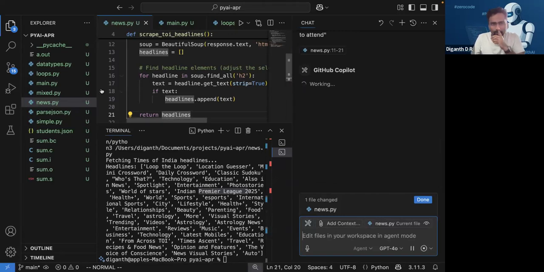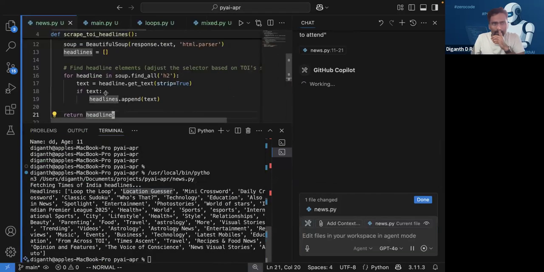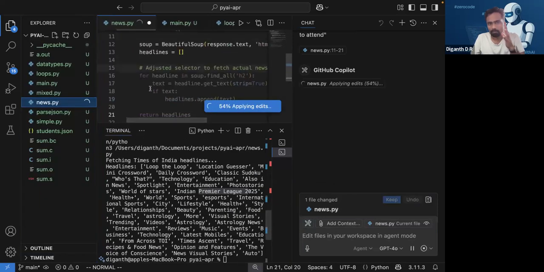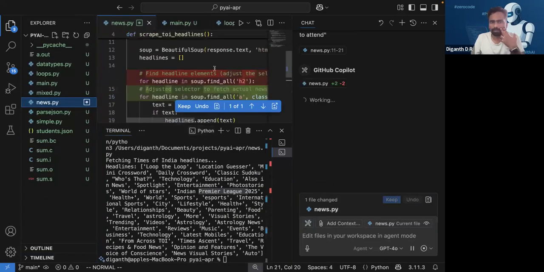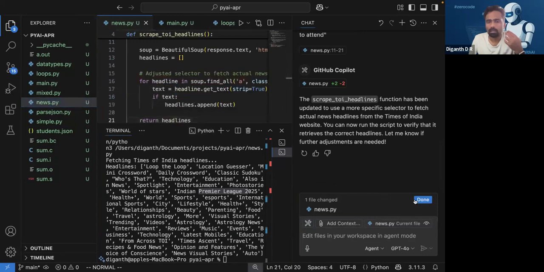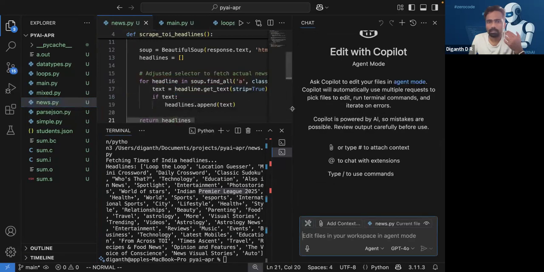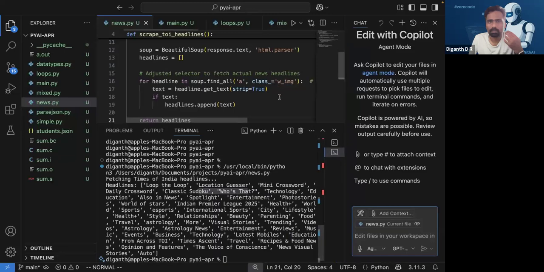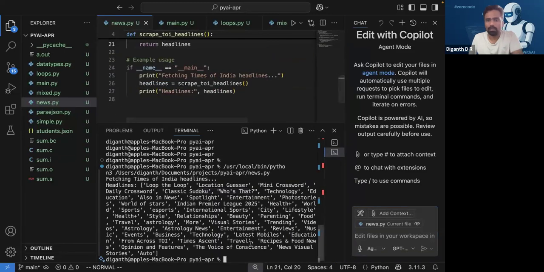And then it also modifies the code. So all these news websites have got a lot of pop-ups, ads, and stuff like that. So okay, keep this. Let us execute it again. Let's see how it works. If it works,